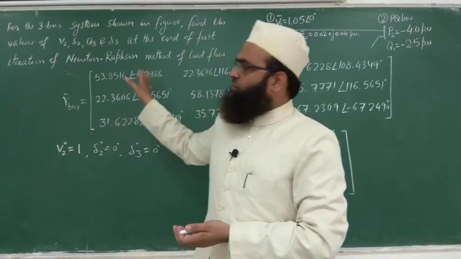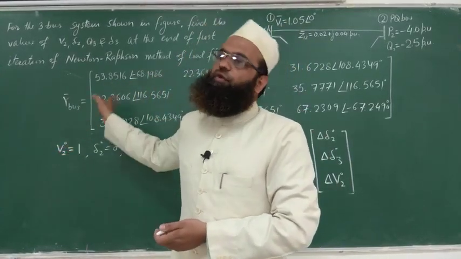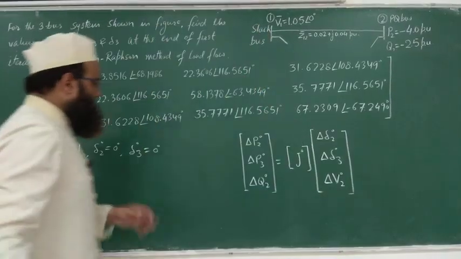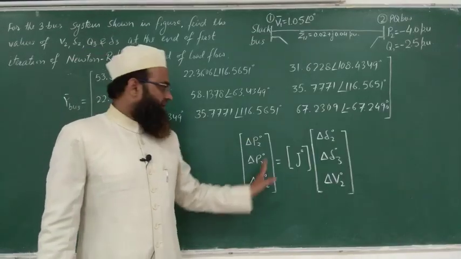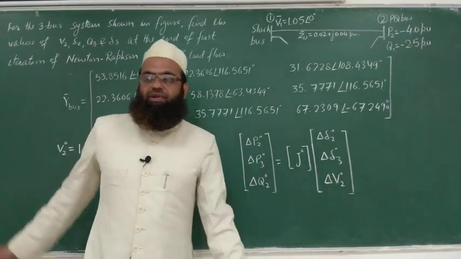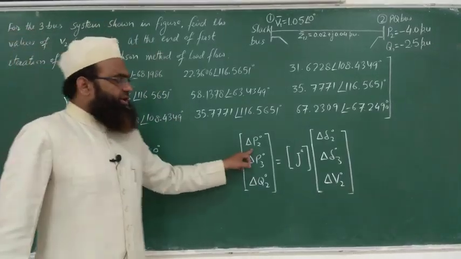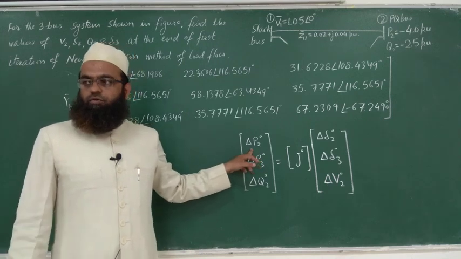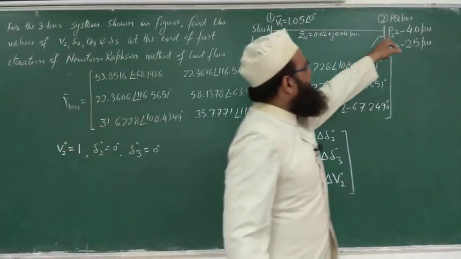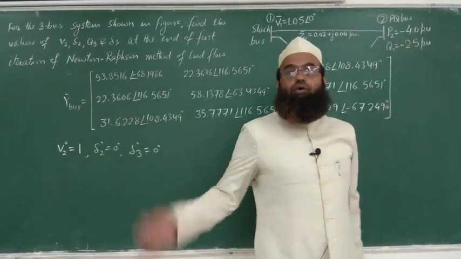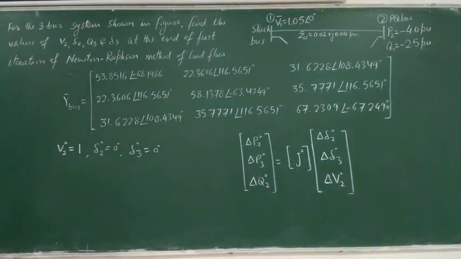Clear? But in this problem, it has been asked to get the value of the variables at the end of first iteration only. So we will proceed accordingly. Our first task will be to evaluate this, right? Then this, then update the variable. That's it. That will be the solution of the problem. So we will proceed one by one. You know what is del P2? What is del P2? Yes. So this is specified at P2, right? So this minus calculated. So how to calculate this? Have you noted down all the values? Okay.